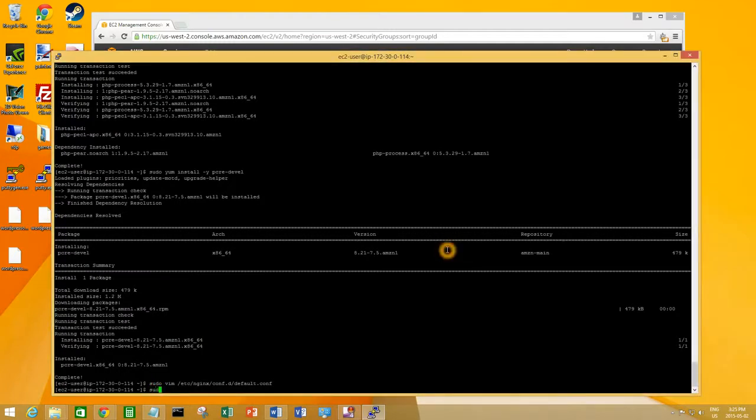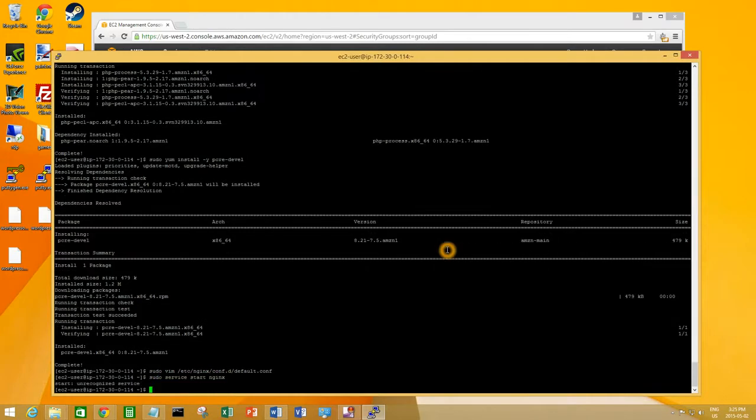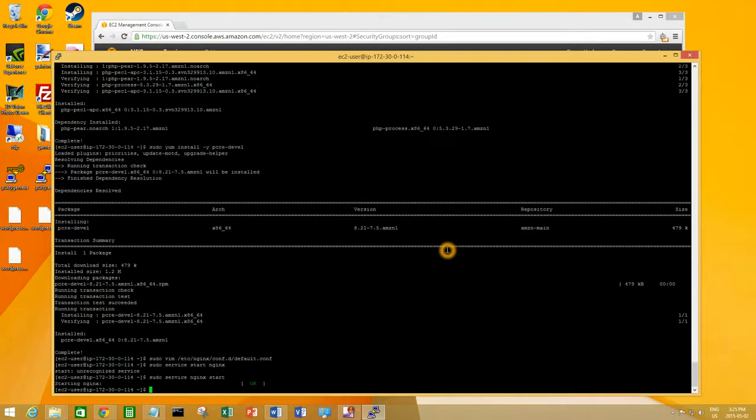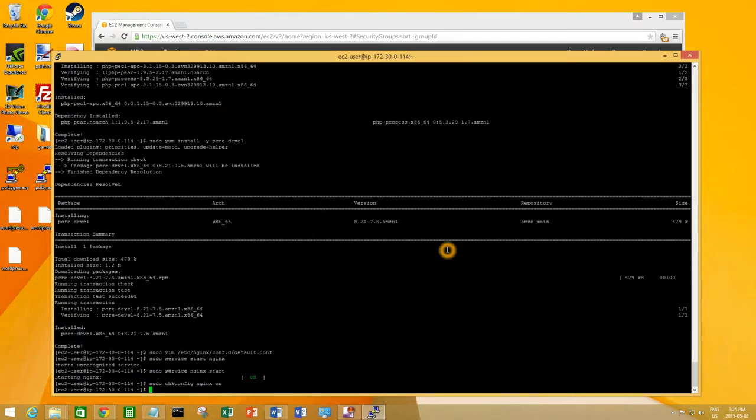Now we're going to start the service. Of course, type it in the right order. And this command is going to make sure it reboots itself if the server restarts. And that's all done. So now we're going to configure PHP